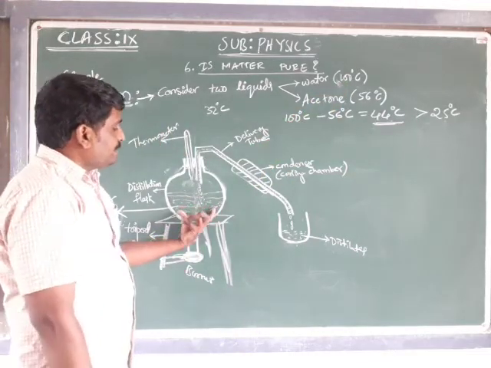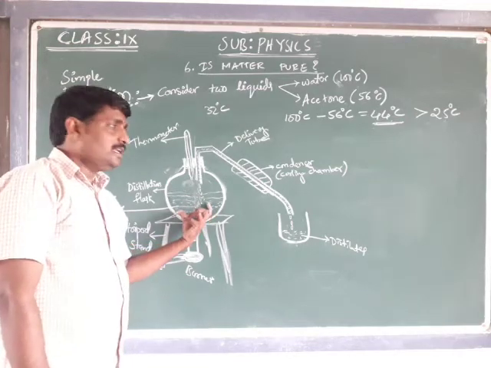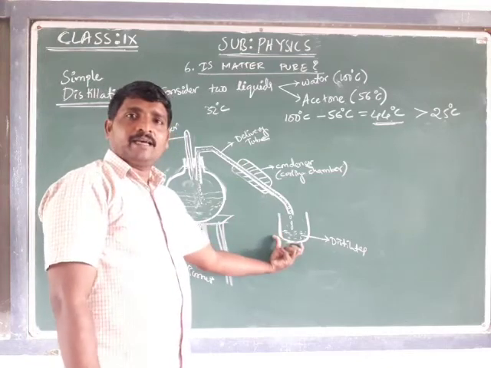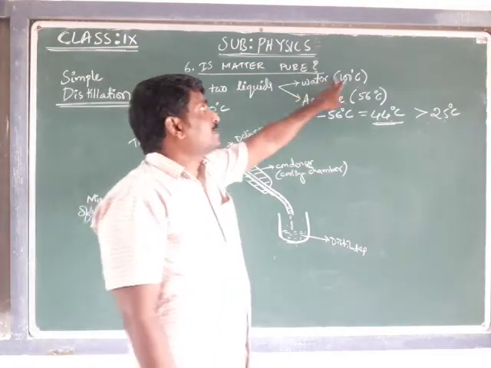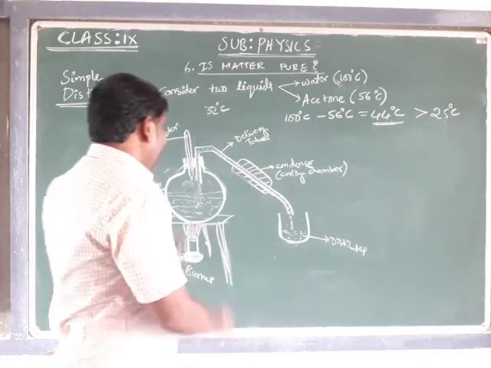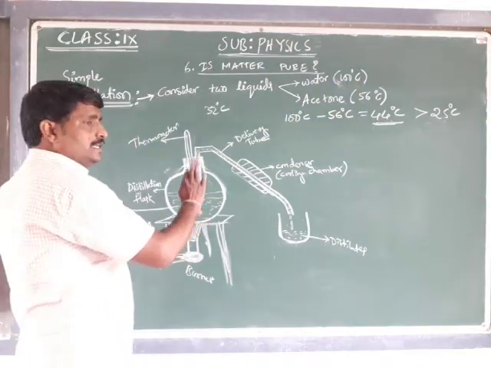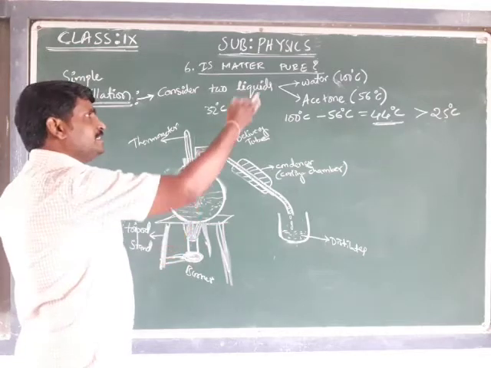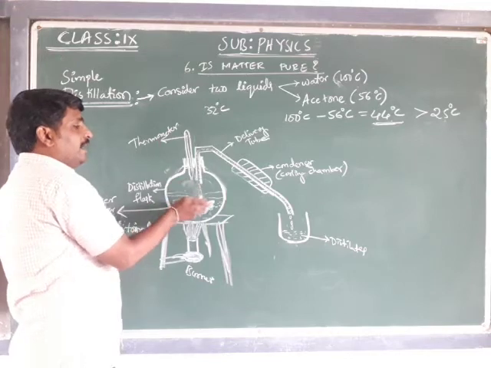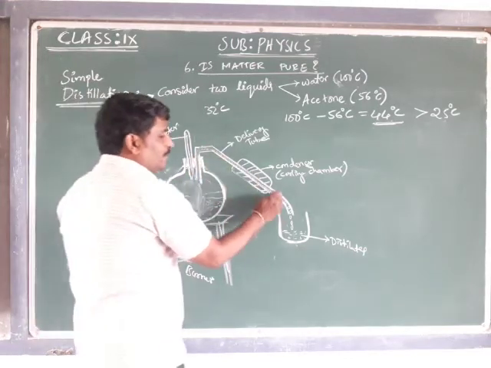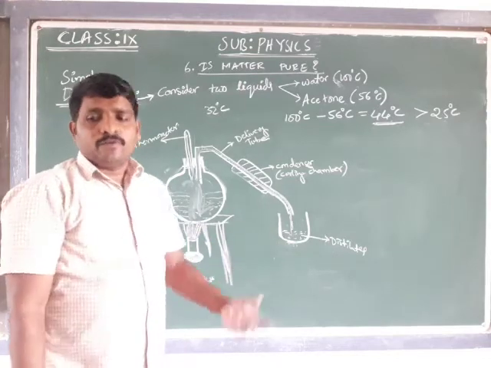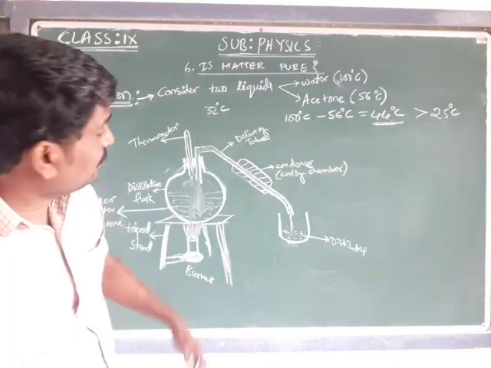The remaining substance will be water in this distillation flask, while the acetone will be collected as distillates in this beaker. Why should we not reach 100 degrees? Because if the temperature reaches 100 degrees Celsius, even if you still supply heat, water starts evaporating, and along with the acetone, water will also go and be collected here in the beaker. There is no use of performing this activity then.